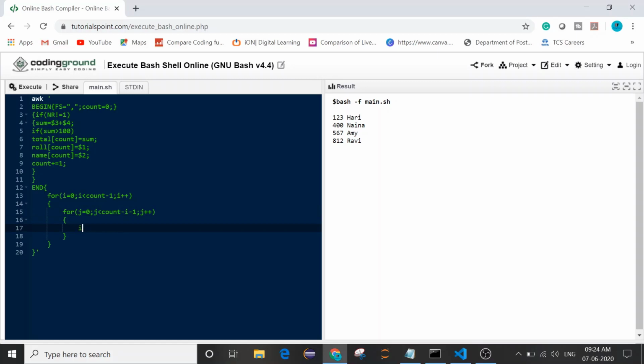Now I am checking if total of j is less than total of j plus 1. That means if j plus 1 is greater than j, then only we will swap. So we will swap our total